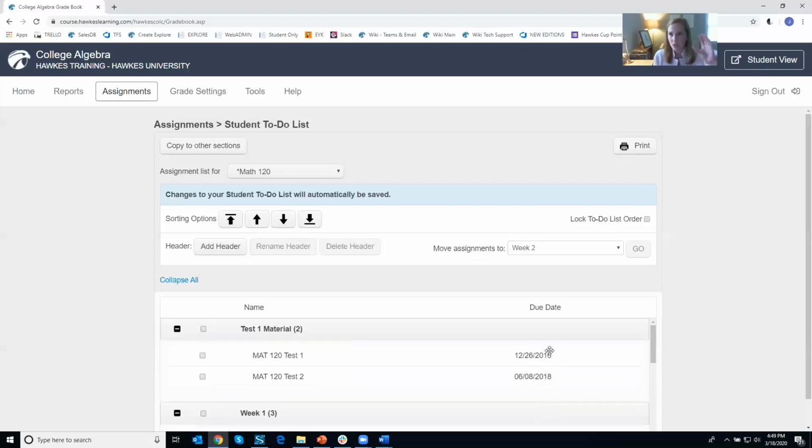So this way, a student logs in, I see my tests at the top, then I see week 1 homework, week 2 homework, and so forth. So that's really pretty straightforward there. And then you can copy to other sections if you have multiple sections that would have the same setup and structure. Now, last but not least, when it comes to what I wanted to cover, and then I can finally address those questions I've been wanting to get to for you guys,